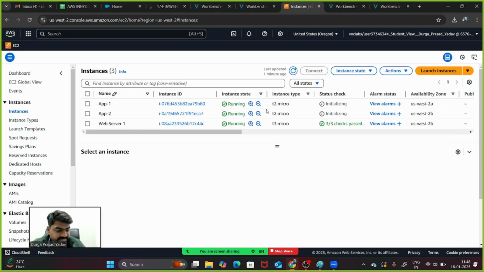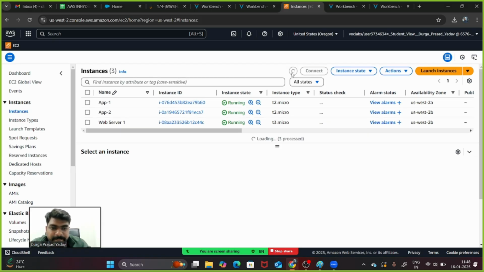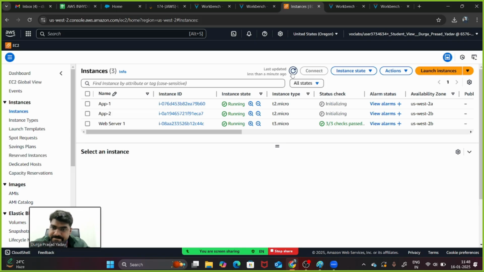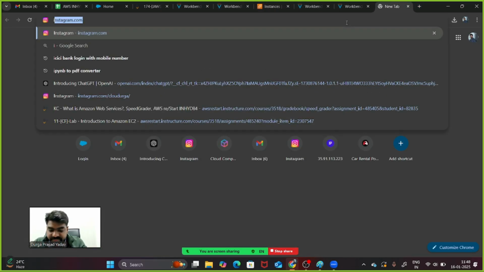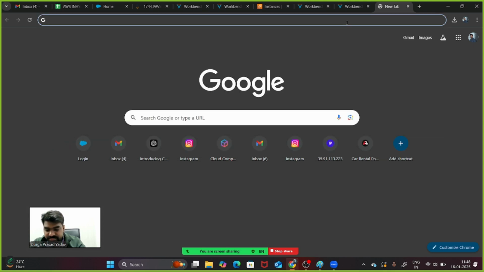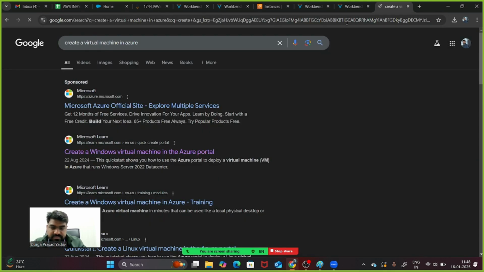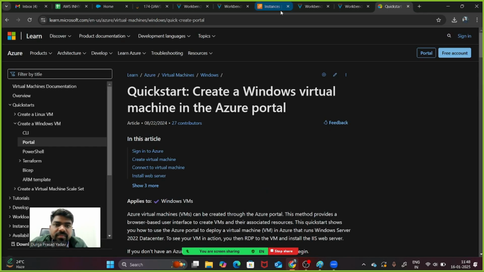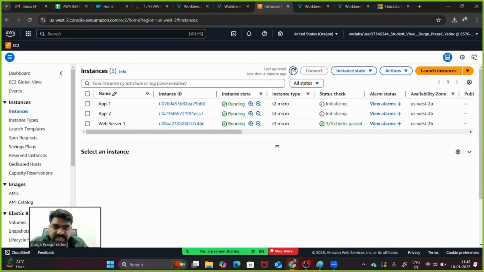Created the machines. Yeah, creating, 1 minute. So both machines will create. Guys, please remember one thing. When we are creating the machines, both should be having the public IP address.